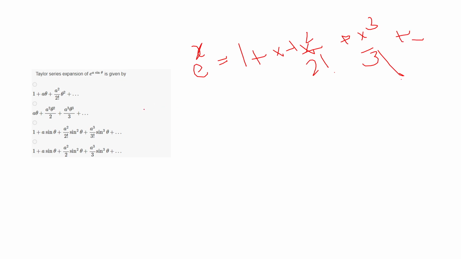So here it will be a sine theta, right? So it will be 1 plus a sine theta plus